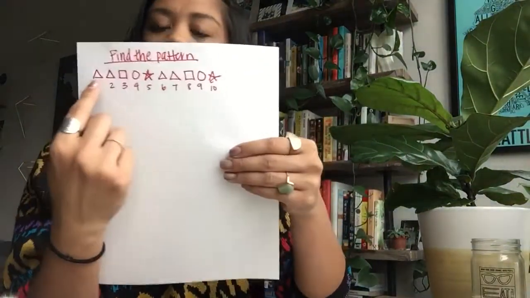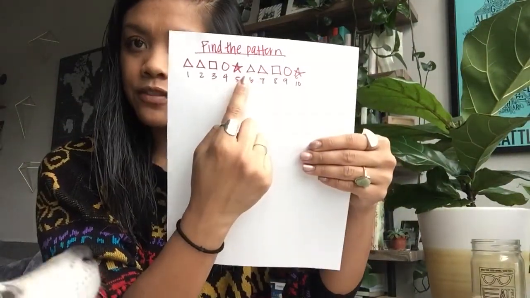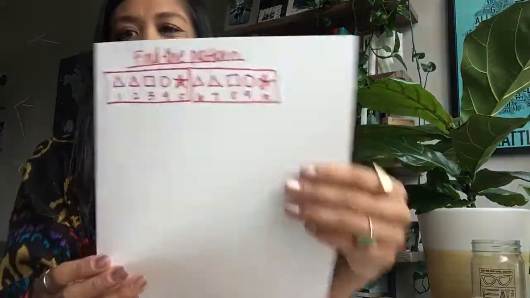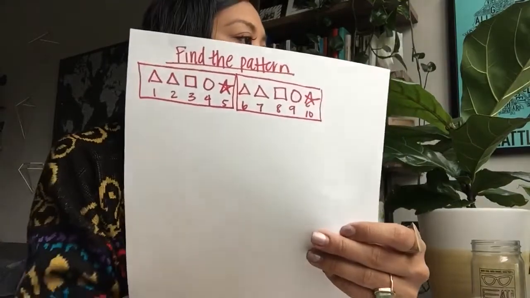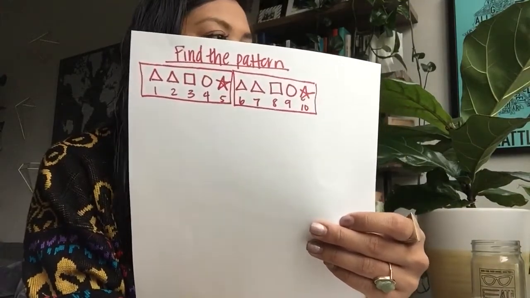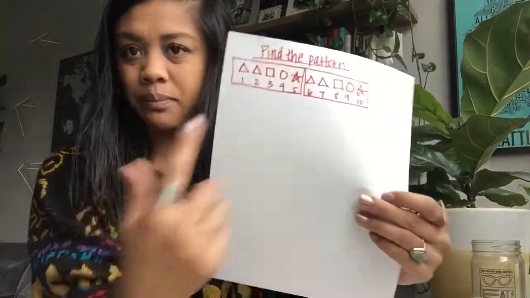Let me teach. Okay, so I noticed that the pattern starts over again after the star because it goes back to triangle. So I'm just going to group them together into their equal groups like this and say, guess what? I think that's the pattern. So if the question asks me what shape is going to be represented on the 98th term, I know that my